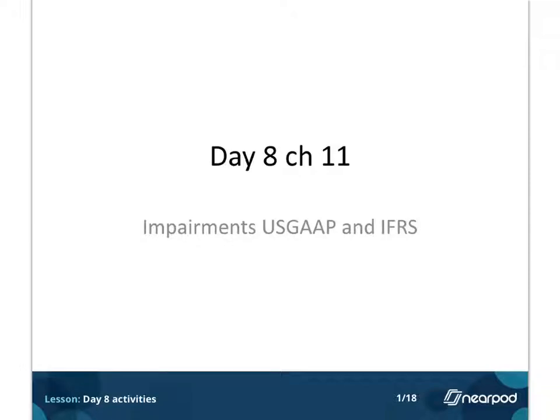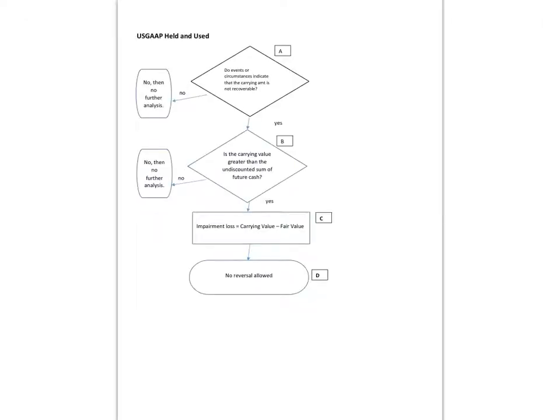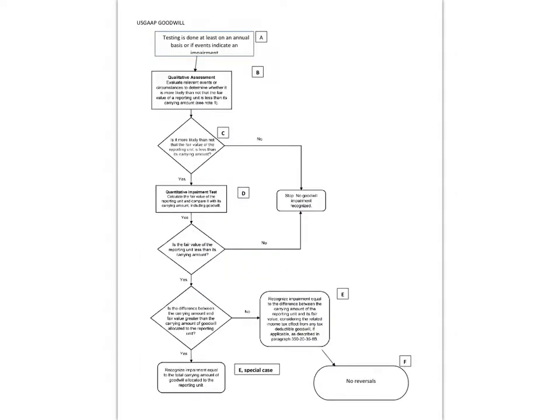And I'll see if I might have one on this device that I can pull up. Let me stop this and see real quick. Okay, so I've got them in here now. We will see how they are going to work when we get there. All right, so here are the flowcharts. This is the flowchart for GAAP assets held and used. This is the flowchart for goodwill, USGAAP goodwill, and